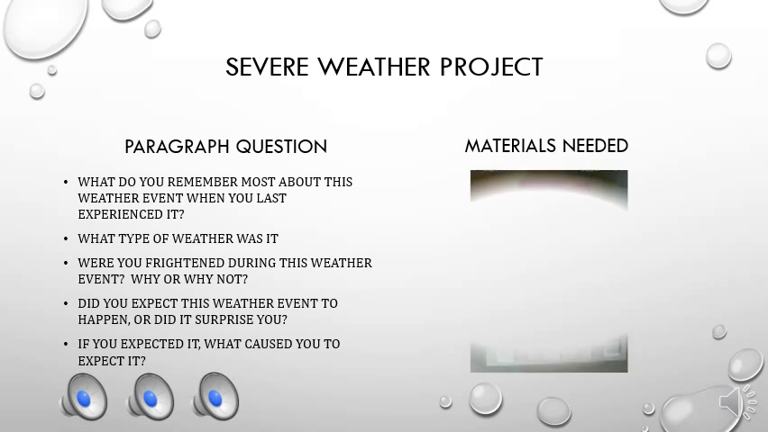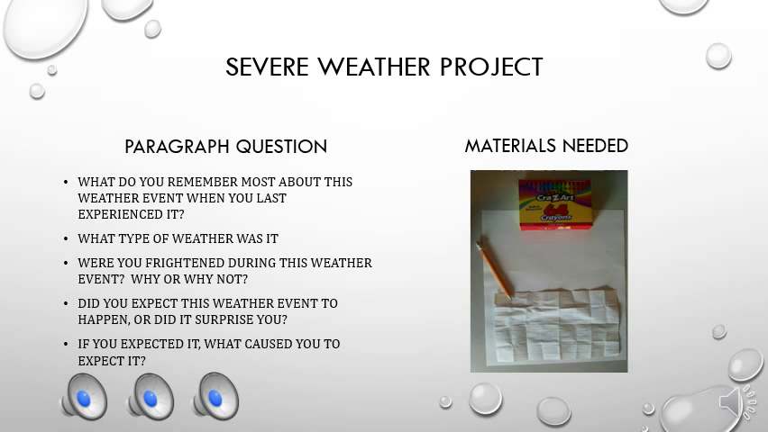Some questions to get you Now that you started have some and idea thinking about what to write sentences for your to write for your sentences, you will paragraph have 10 are minutes to draw your pictures what do you and remember write your most about paragraphs. this weather Then we'll event share when you them with last the class. experienced it? The class And what type helpers of will weather now was pass it? out your drawing Were you materials. frightened during You'll the each get a weather? sheet of drawing Why or paper why with not? writing paper And attached. did you expect the weather cones, and event a to pencil. happen, or did it Please surprise begin you? as soon as you If you get your expected it, supplies. what caused you to expect it? Now that you have some